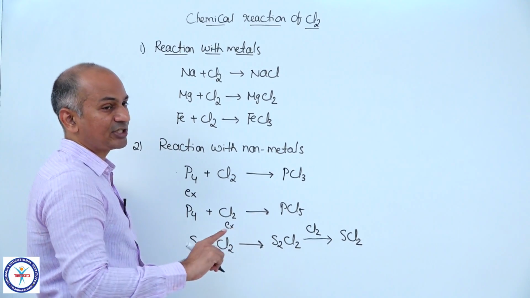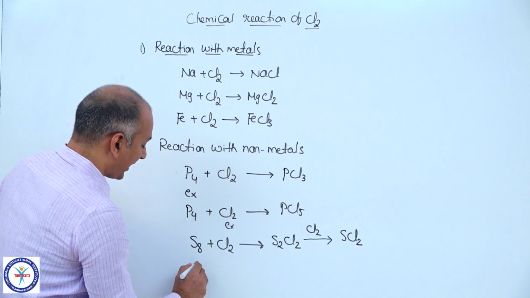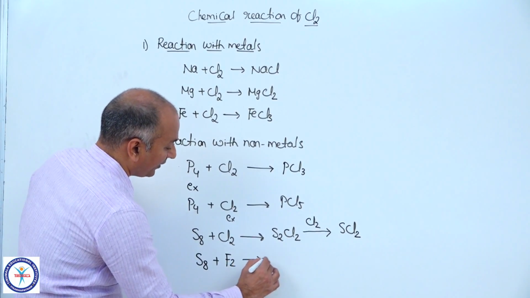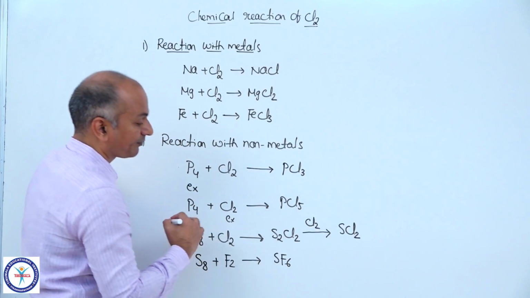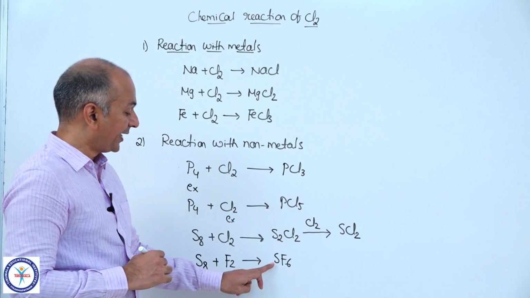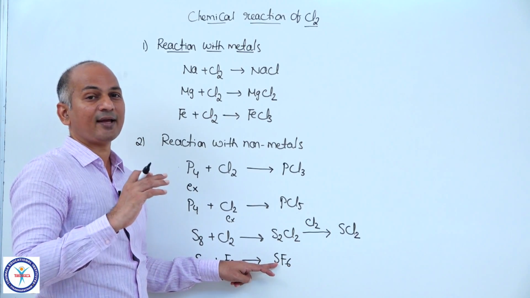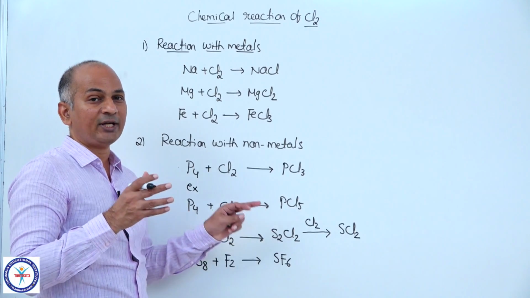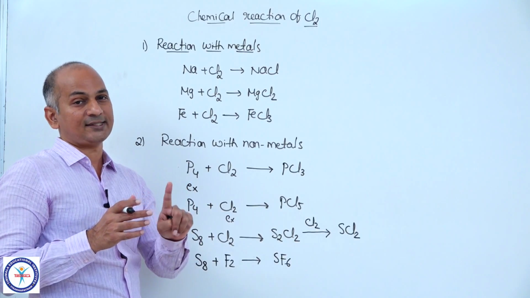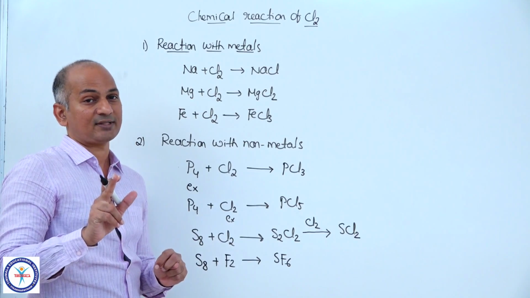And all of you please distinguish here the reactivity of chlorine from that of fluorine. You take the same S8 and if you treat this with fluorine, then you will get SF6. And you see how much difference there is. Here the maximum oxidation state of sulfur you are getting is +2. But here sulfur directly goes into the +6 oxidation state. All of you recall, whenever an element expands its valency, the maximum valency is brought about by fluorine and oxygen. Only in a few cases can that be achieved by chlorine. That is in the case of phosphorus, not sulfur.